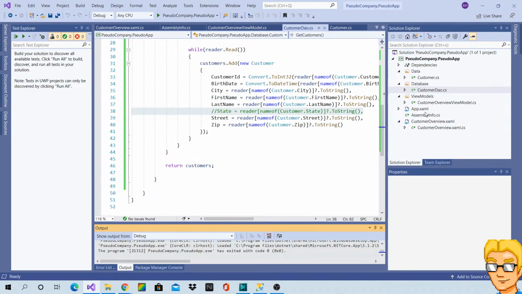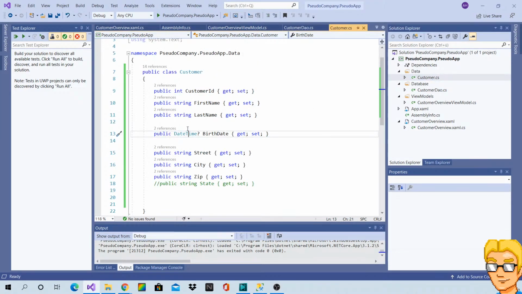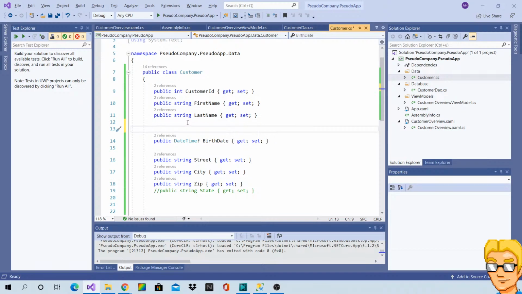I'm not actually sure if it can be used with WPF directly, but isn't there an attribute that I can use here for the date format?